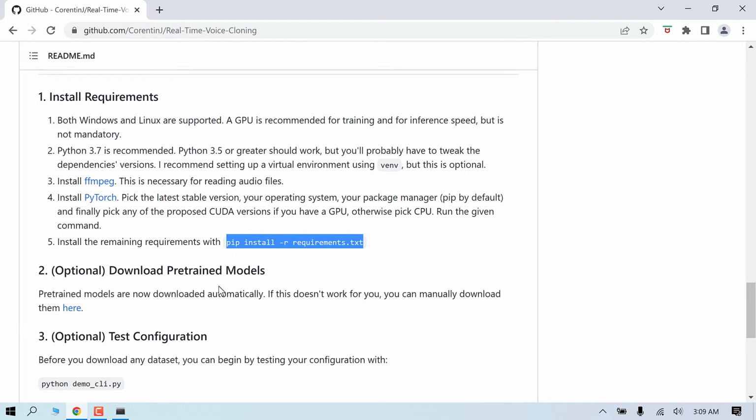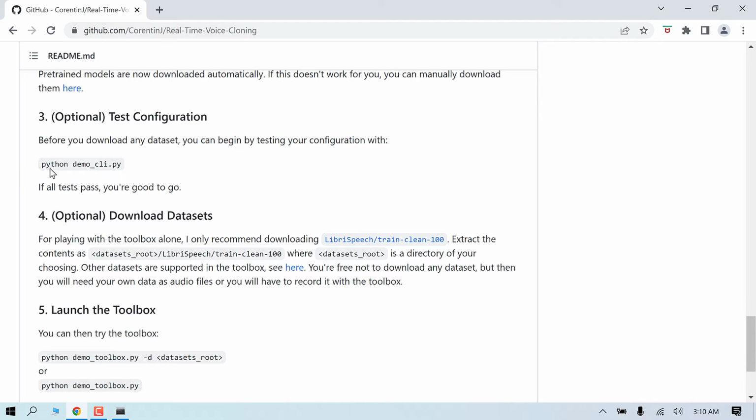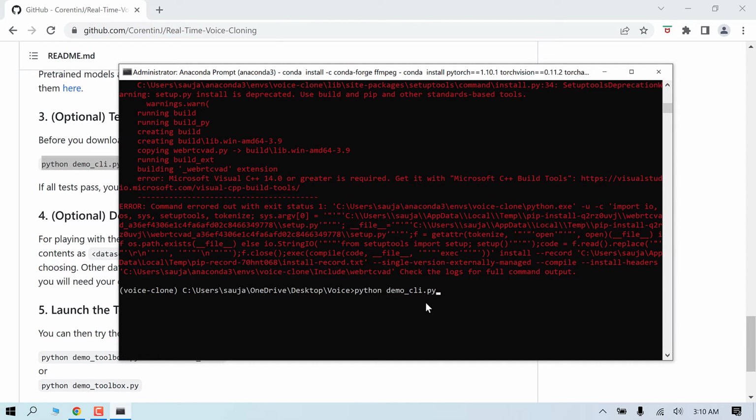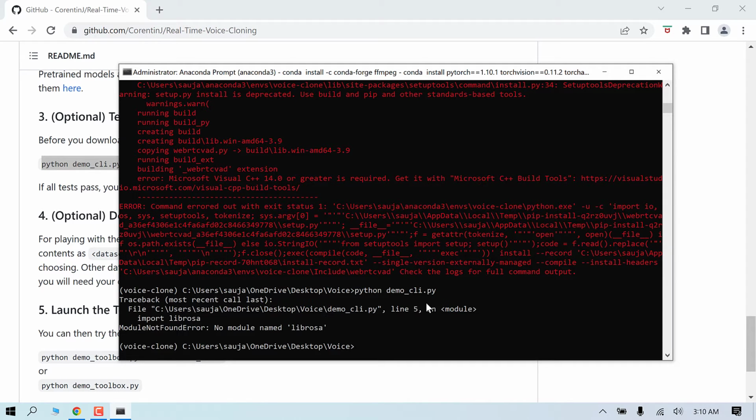Now we can test if it is installed properly or not. Copy this, Ctrl+C and paste it here. So you can see the module Librosa is not found. So let's install it. For that, type conda install -c conda-forge librosa